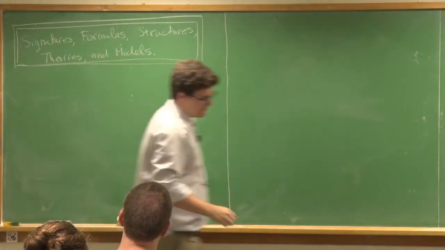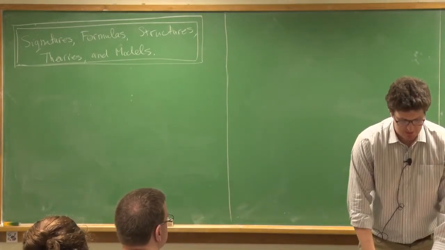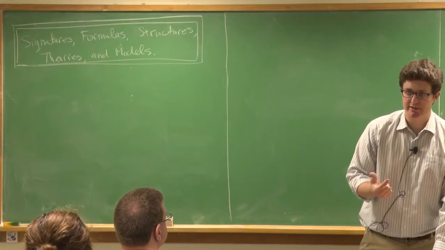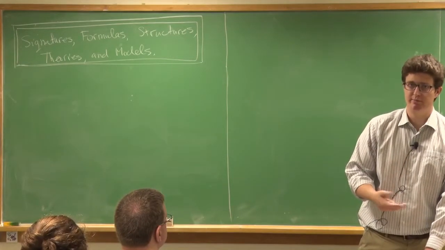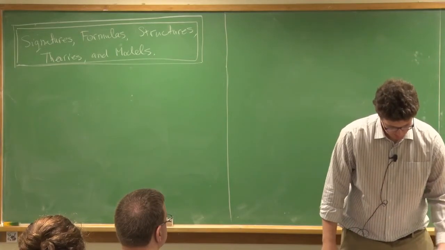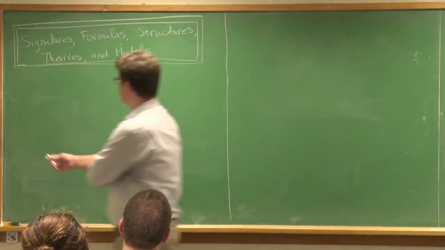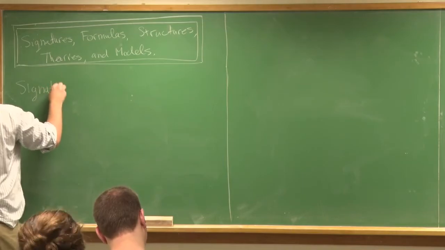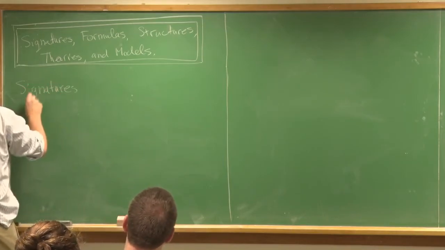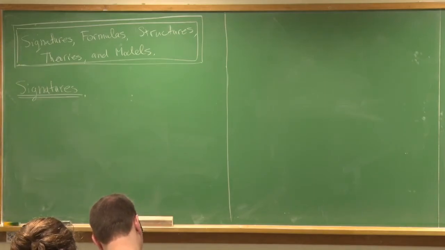Okay? And I'm using this because I want to talk about the difference between having a less than or equal to sign with the axioms of the natural numbers and not having a less than or equal to sign, and what this difference is technically. Okay? So let's start with signatures. I'm just going to go through this list of things. Okay, so a signature